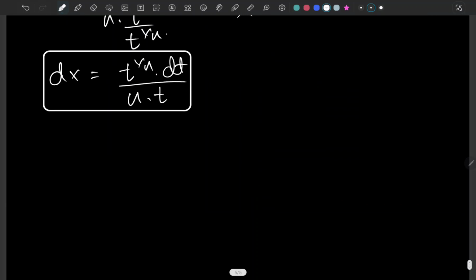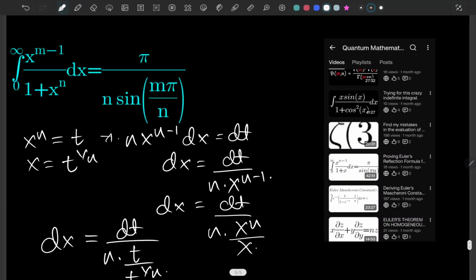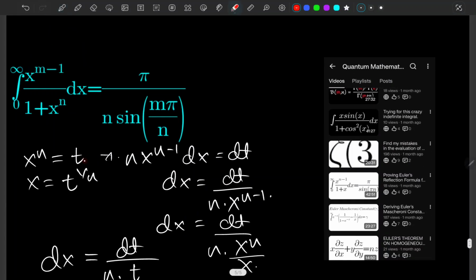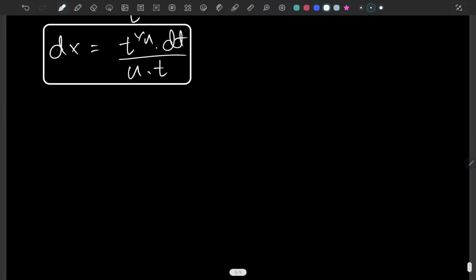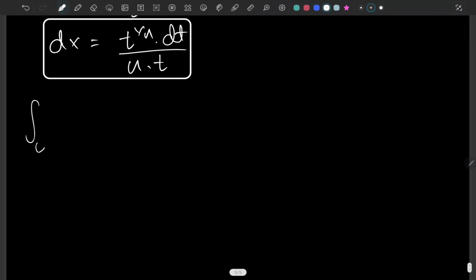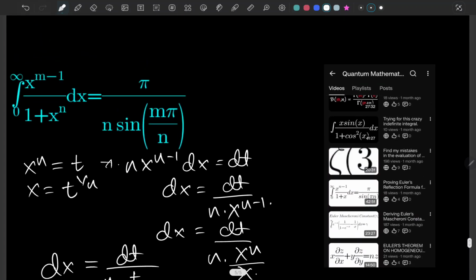Okay, so let's just do this u substitution here. If we talk about the limits, when x goes to infinity, t would be infinity as well, and if x is 0, then t is also 0. So the limits aren't going to bother us anymore, so our integral becomes the integral from 0 to infinity of, well, x is going to be